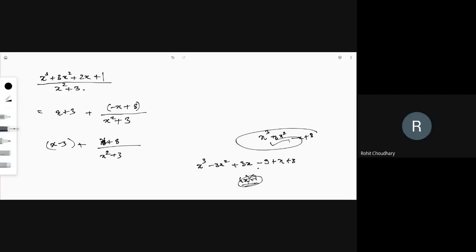So can I tell you the final answer? Just a minute. Let me check that. This answer x cube plus 3x square plus 9. गलत किया मैं।